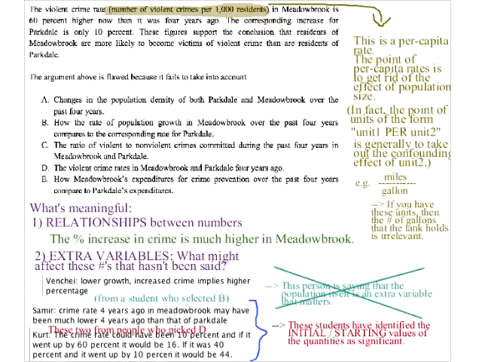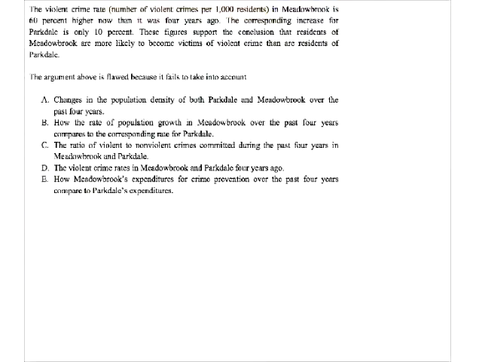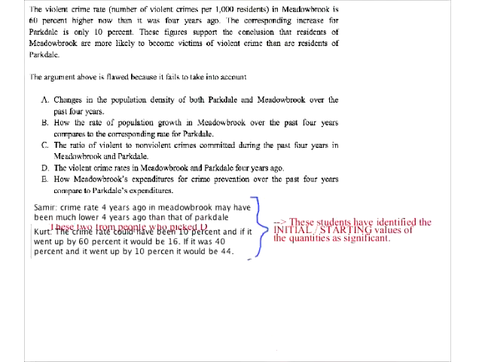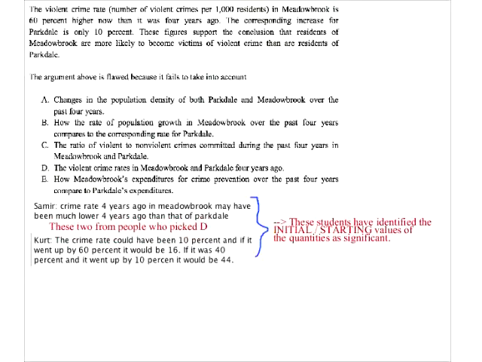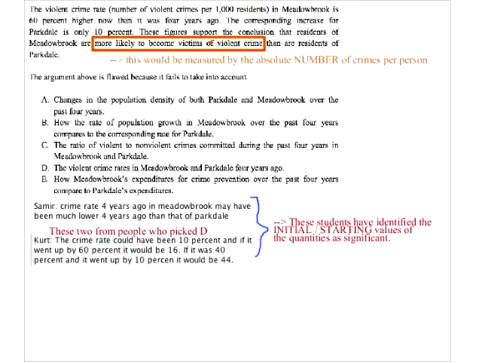Also, choice D, the initial values absolutely are a factor here. Let's copy that again onto another slide. What these two people have said is that the initial values definitely matter, because we're just talking about percentage increases, but the percentage increase doesn't give us everything we need to know here. You also have to think about what units we're really talking about. More likely to become victims of violent crime is not a percent increase thing. This would be measured by the absolute number of crimes per person or per 1,000 people. So the problem is that percentage increases don't give you absolute numbers